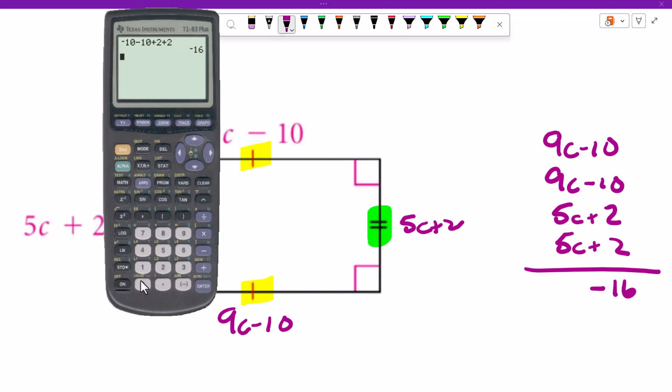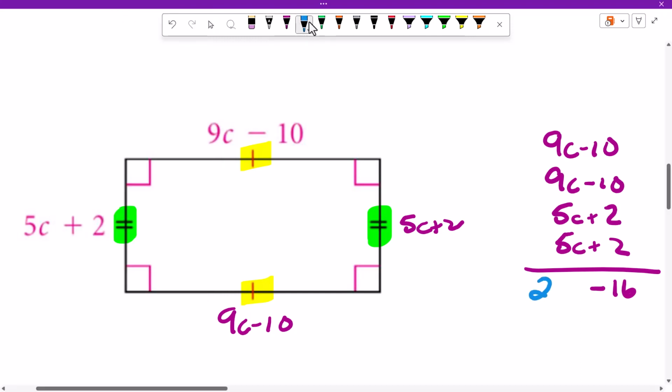All right? And do the same thing. 9 plus 9 plus 5 plus 5. What number do we get there? 28. That's where the 28 came from. All right? 28. And these are C's, so don't forget your C. And that's it. Okay? So I could give you a question and say,